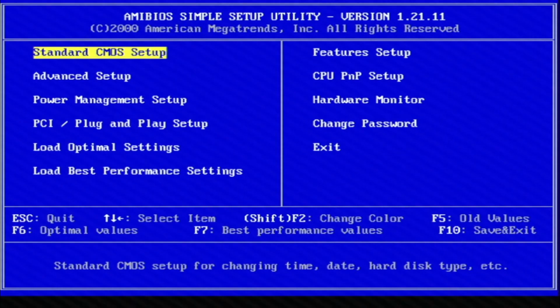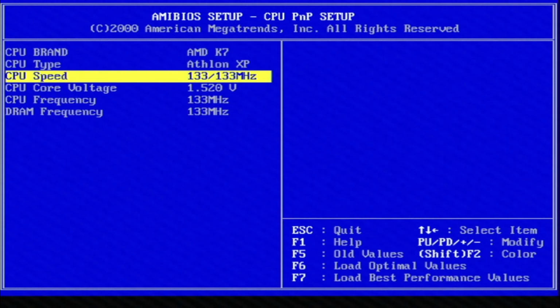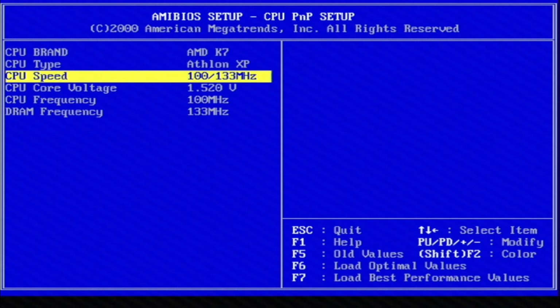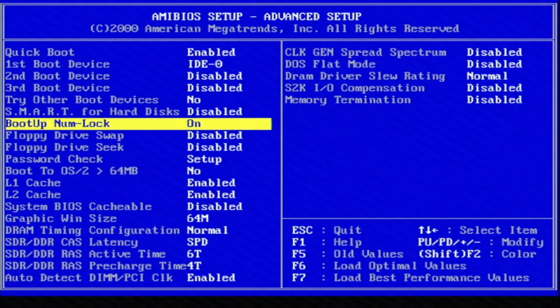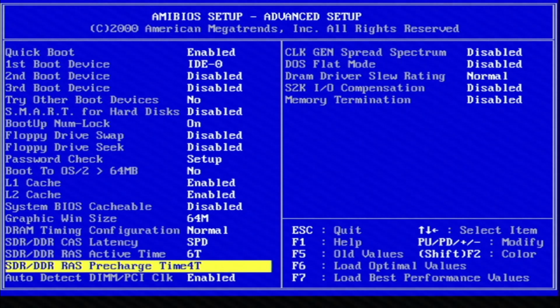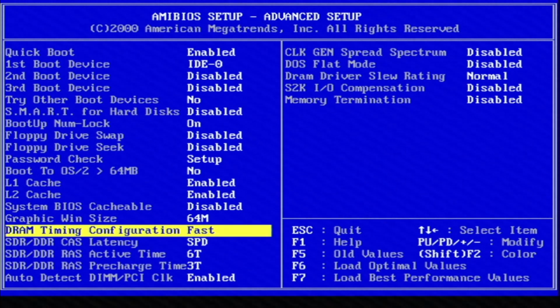But what we'll do is we will underclock it to 100 frontside bus, which will give us a speed of 1200 megahertz or 1.2 gigahertz, and we will reduce the frontside bus in order to keep it as close as possible to the Duron 800, because it will not be fair to run it at full capacity. And I'm also using this only because I haven't found another Duron which doesn't have a damaged chip,